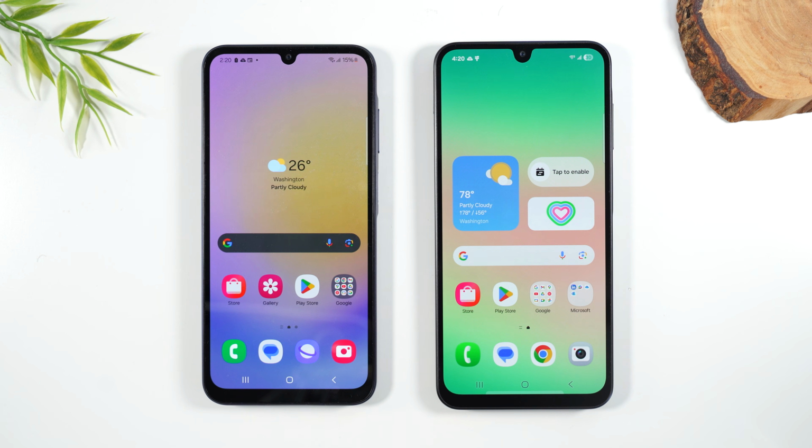And then also the fact that it's got that IP67 rating, and you can double that micro SD card up to 2 terabytes. So leave me your thoughts in the comment section down below and let me know which one